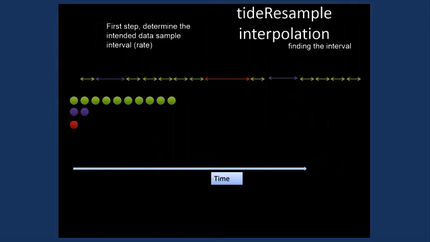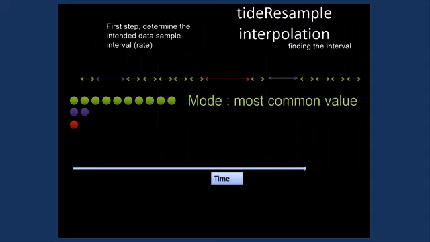And then we find the mode. Excuse me, mode. I'm not that good at statistics, obviously. So we find the most common interval, which is the green intervals here. Not the purple interval, there's only two of those. There's only one of the red ones. So we decide that's going to be what we use as our standard interval for analyzing the data